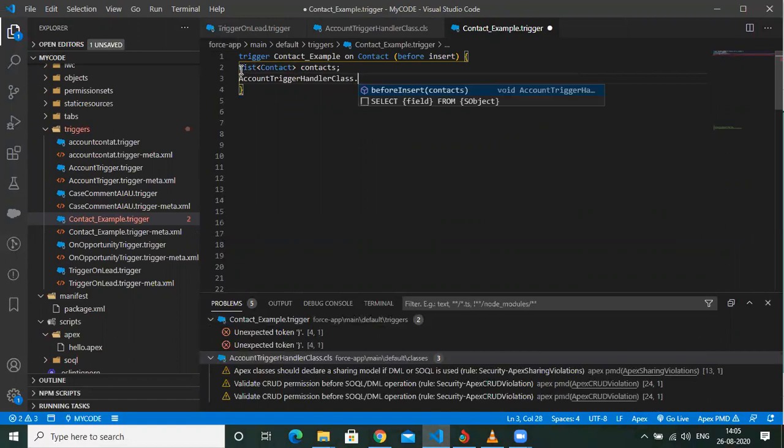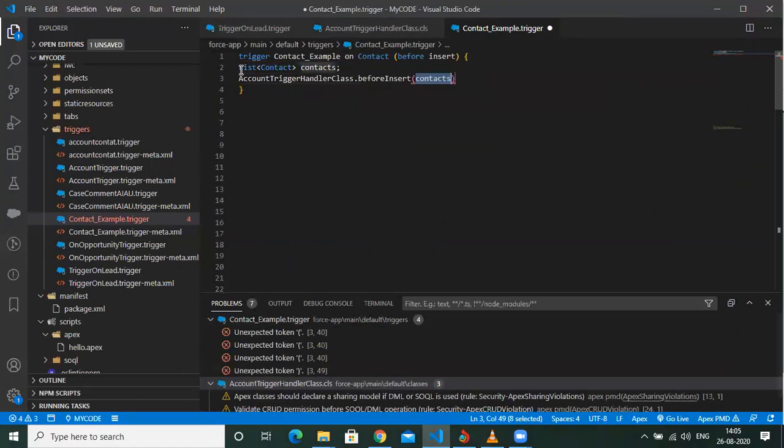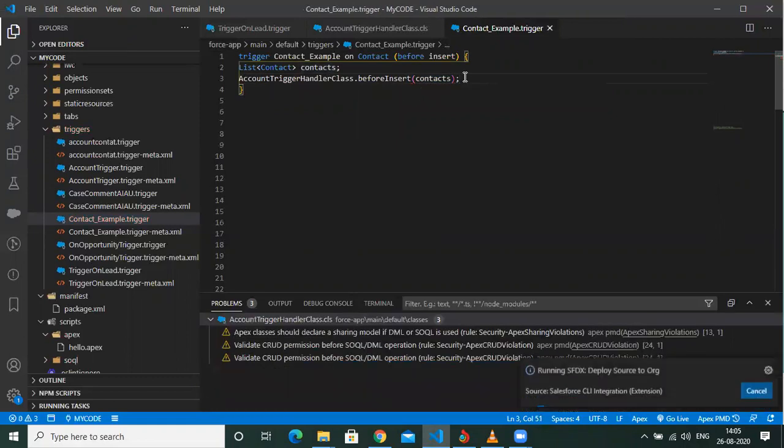As you can see, the method is already coming, before insert with the parameter contacts, right? This one. Let me select, and that's it. Let me save this.